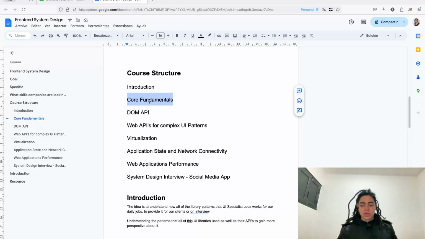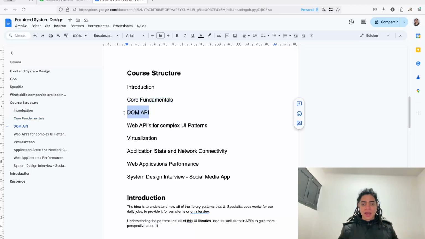So anytime we look at the fundamentals, it is for us to slow down to then speed up. After we look at the core fundamentals, which is how the browser works, what the stacking context is, as well as the rendering context,